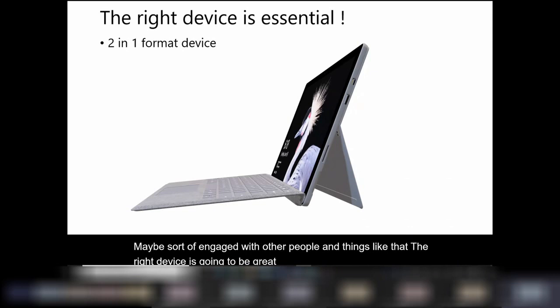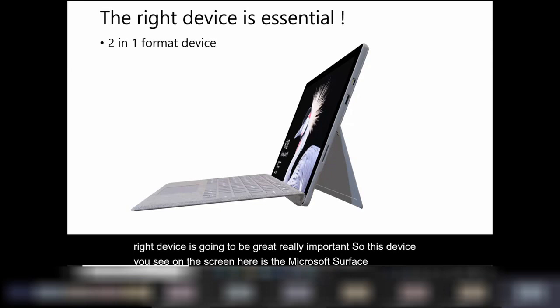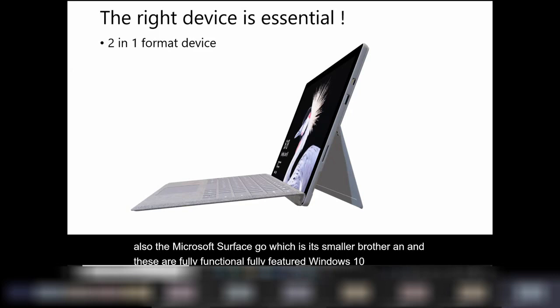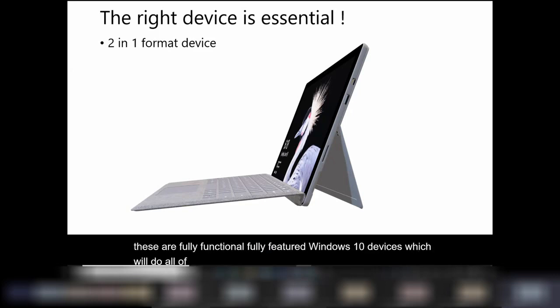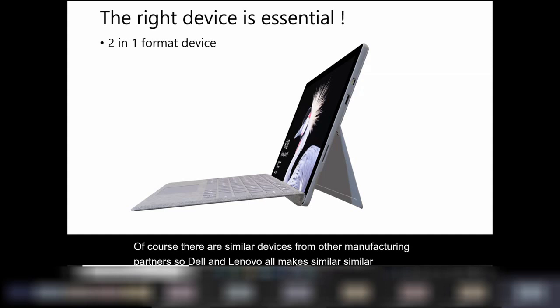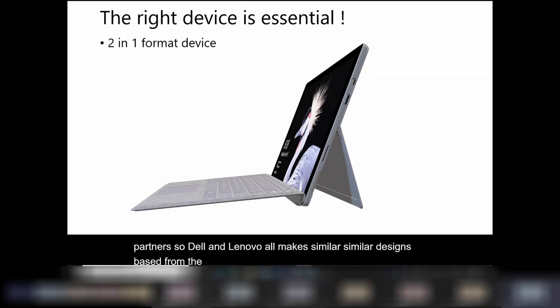The device you see on the screen here is the Microsoft Surface Pro. There is also the Microsoft Surface Go, which is its smaller brother. These are fully functional, fully featured Windows 10 devices, which will do all of the Microsoft, Office 365 and hybrid learning functionality that you would expect. Of course, there are similar devices from other manufacturing partners, so Dell and Lenovo all make similar designs based on the Surface device. But the 2-in-1 format